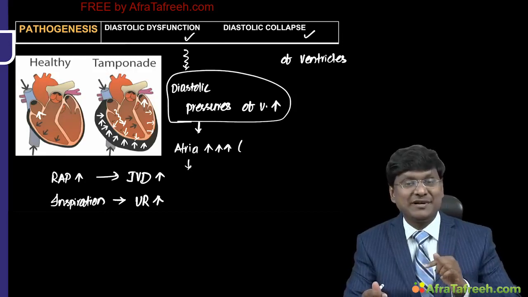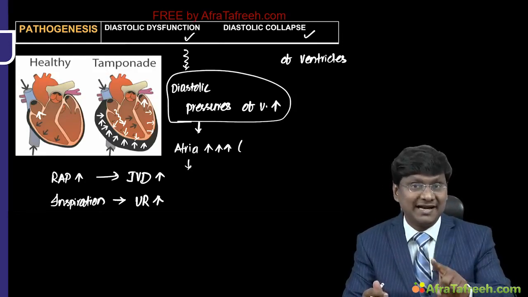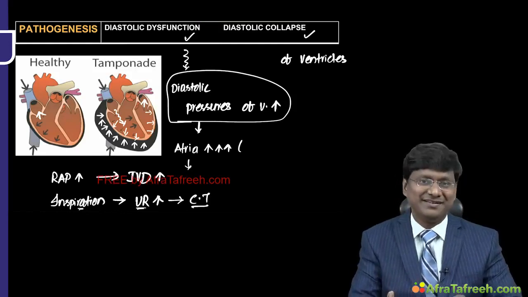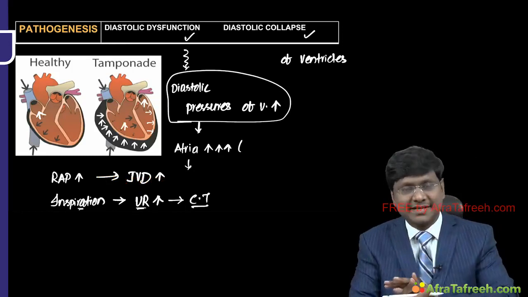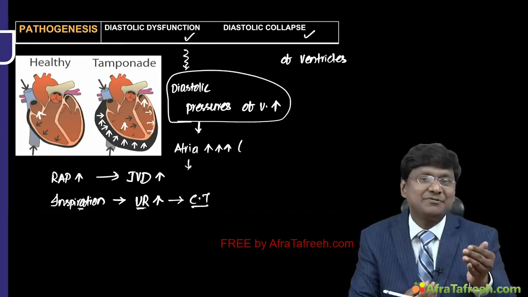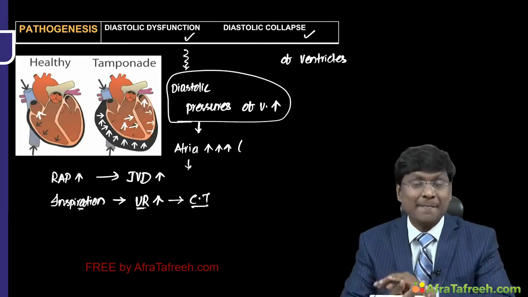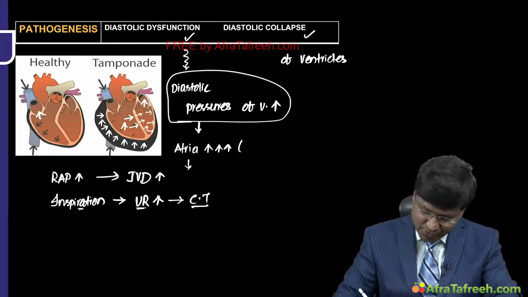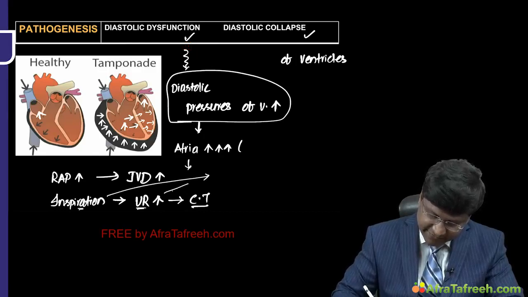Now, will your venous return during inspiration increase or not increase in cardiac tamponade? You have to understand this very important concept that during inspiration, the venous return increases in case of cardiac tamponade. How is it possible? As the pressure within the right ventricle increases, the increased right ventricular pressure is exerted on the interventricular septum, right? Now, the interventricular septum is shifted onto the LV lumen. So during inspiration, the venous return increases, and the right ventricular pressure is so much elevated that it shifts